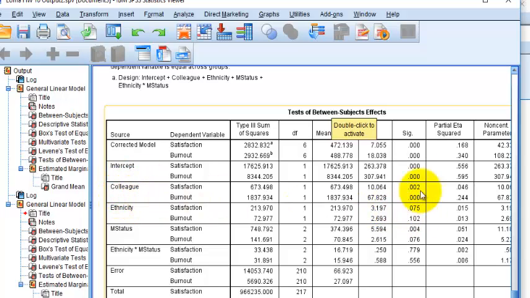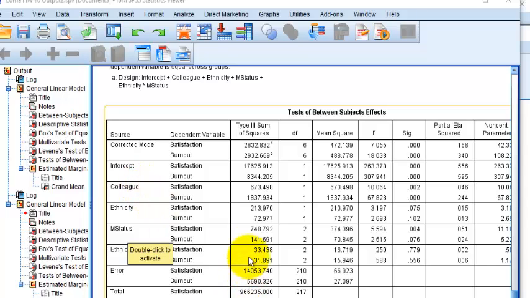If it is significant here, that means it is in fact a true covariate. So working with colleagues does affect both levels of ethnicity, both levels of marital status when it comes to your satisfaction scores and your burnout scores. Got it? So colleague is in fact a covariate. Again, if this was greater than 0.05, then colleague would not be a covariate.